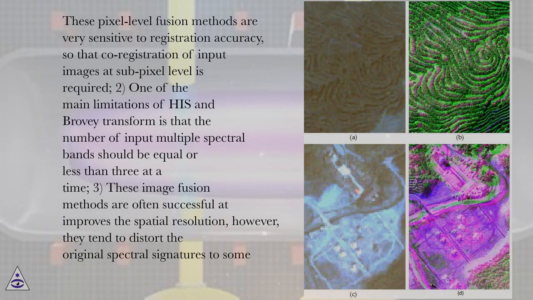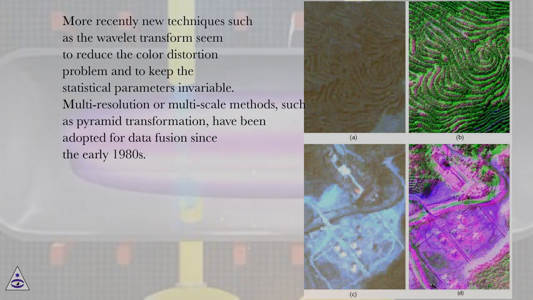3. These image fusion methods are often successful at improving the spatial resolution, however, they tend to distort the original spectral signatures to some extent. More recently, new techniques such as the wavelet transform seem to reduce the color distortion problem and to keep the statistical parameters invariable. Multi-resolution or multi-scale methods, such as pyramid transformation, have been adopted for data fusion since the early